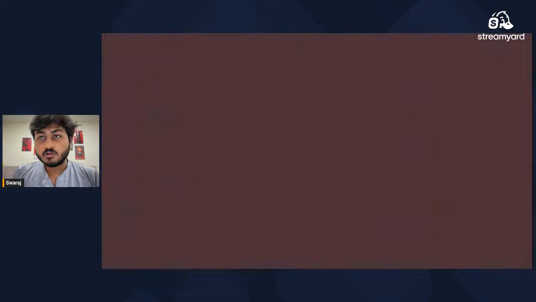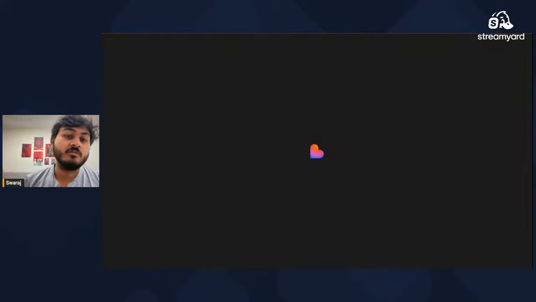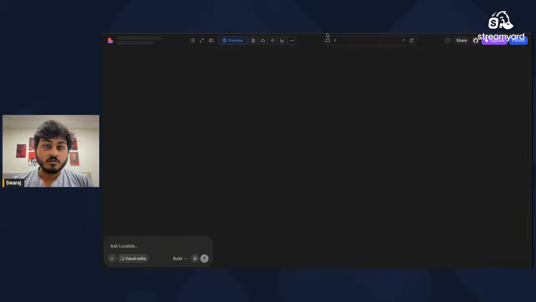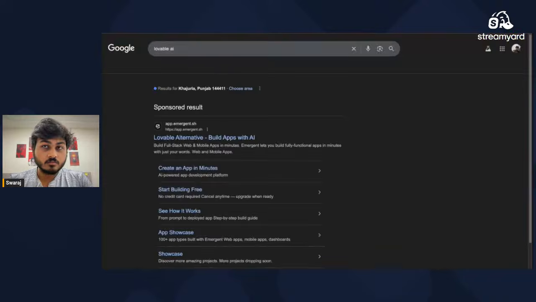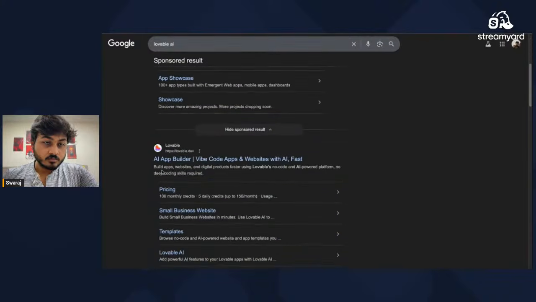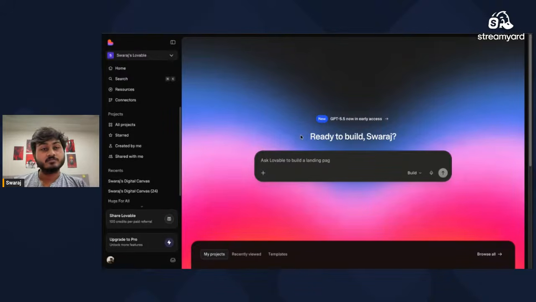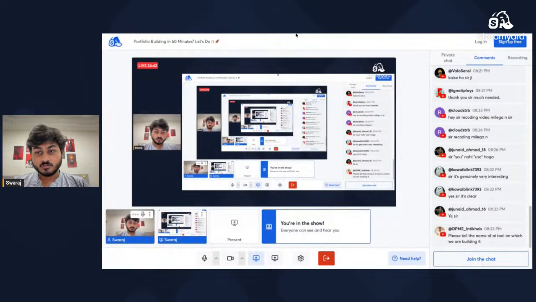It's Lovable. Just write Lovable, not this one. This is an AI app builder, vibe code app. You will see it on the screen. This is what we are using. अभी के लिए अपन ये use कर रहे हैं.